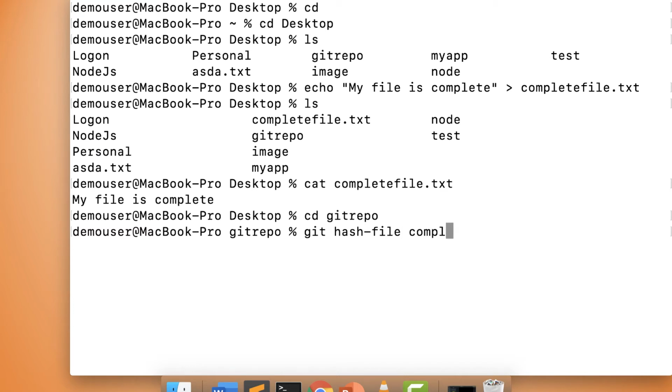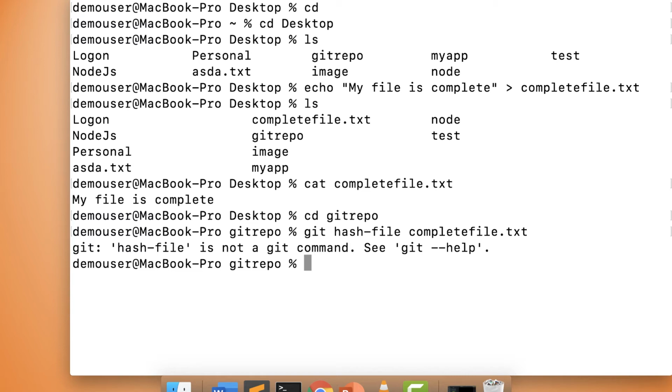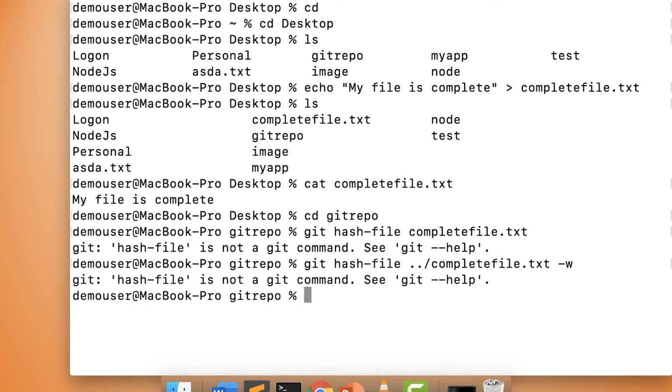Let's say I'm typing it like this. It will not work because the file is not present over here. So I have to provide the path. For us, I am one step inside. I am under git repo, that is present under desktop. So I have to provide something like this, and I have to write -w for creating this.